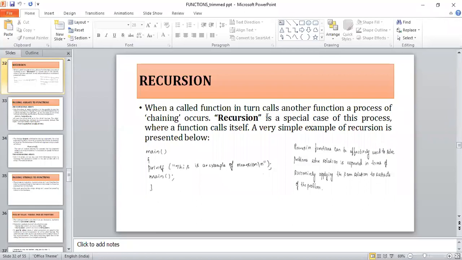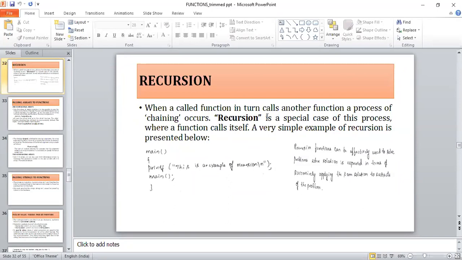It is nothing but the process of chaining. A chain reaction takes place in the case of recursion. There is a difference between recursion and iteration. Though they sound similar, there are a huge number of differences between them. Recursion is basically a special type of nested function where the function calls itself.